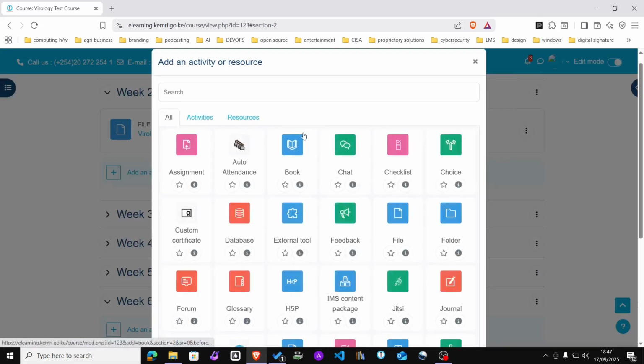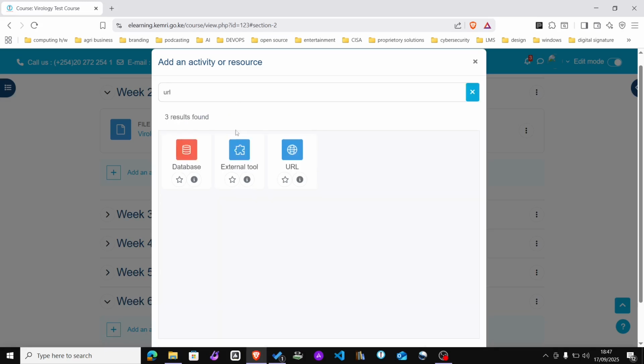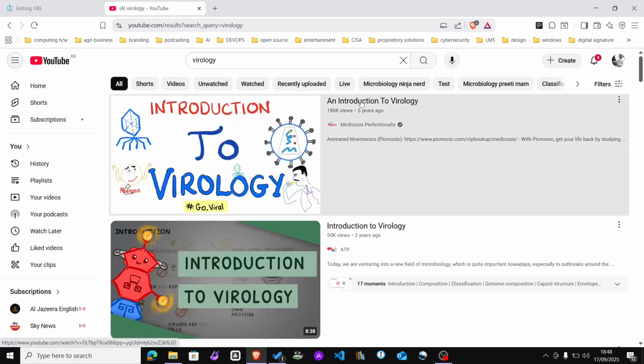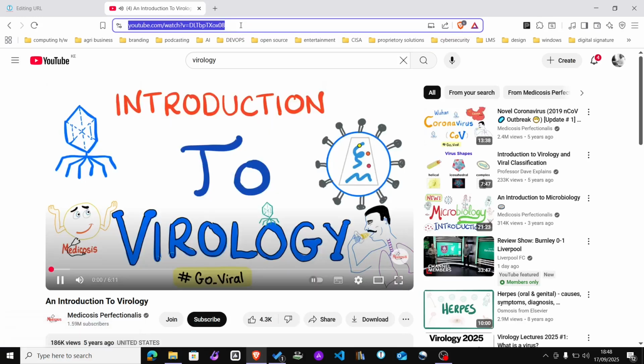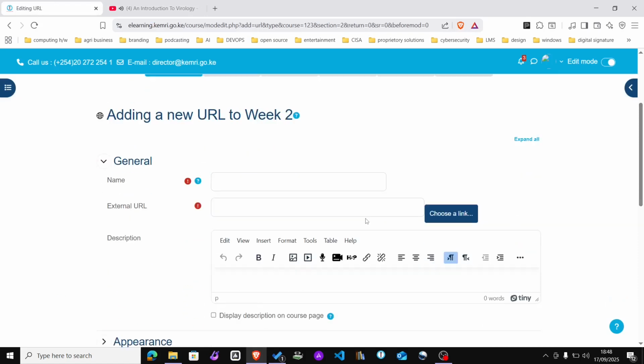So other resources you could add are links. Let's see, URL. They're called URLs. So you have a YouTube video you would want to share with students. This is how you would add it. You'd click on the URL and fill in the details. Let me just do it. Yeah, introduction to virology. So assuming you wanted to share a resource like this, you could copy it and give it a name,